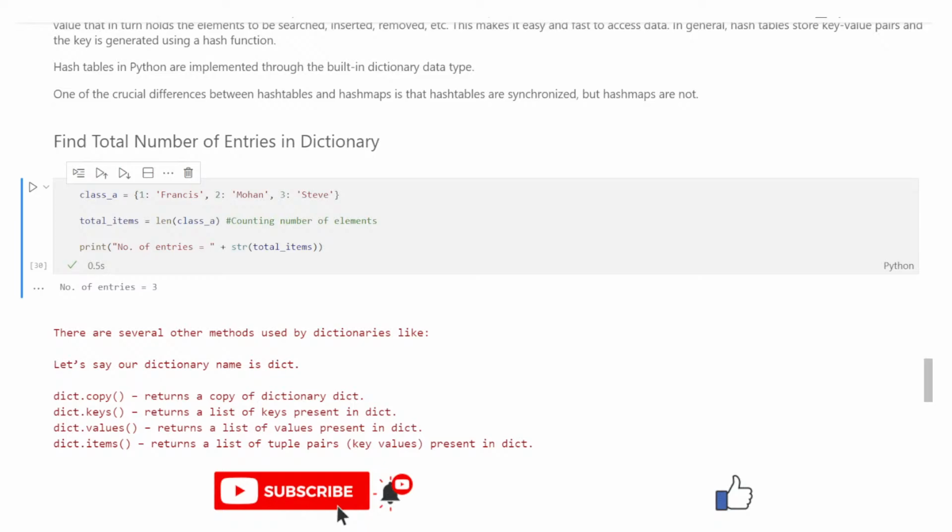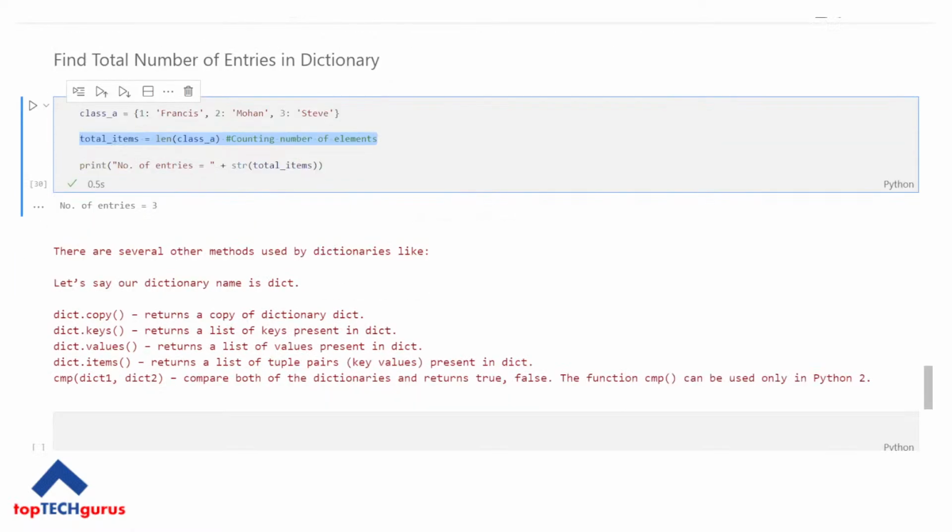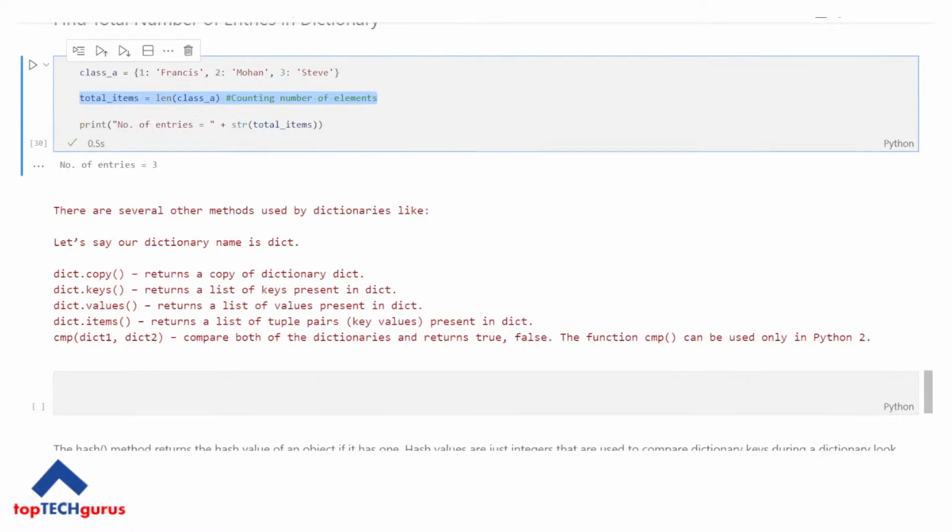So if you look at this, there's a class A and I have 3 name value pairs. And when you want to count the number of elements, Python has a way to quickly count them and then provide the length. Dictionaries not only have the length, the pop, the update, there are many other important